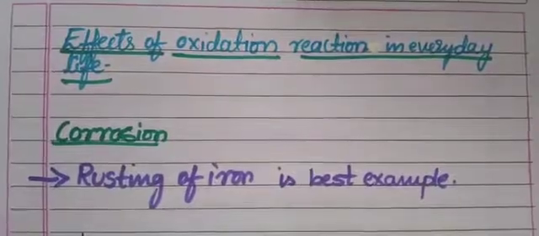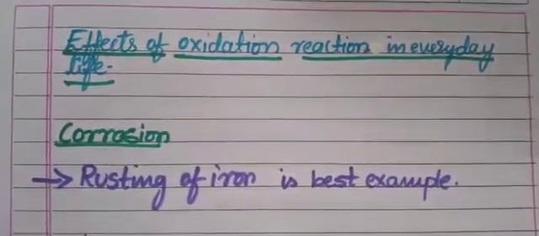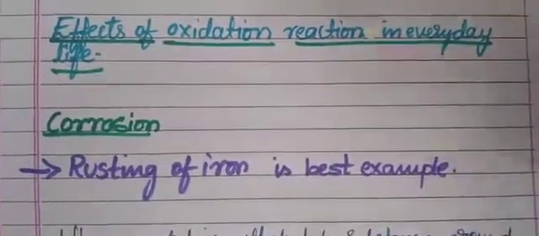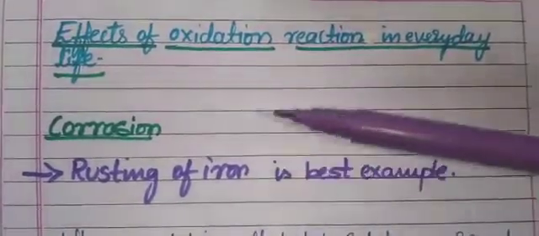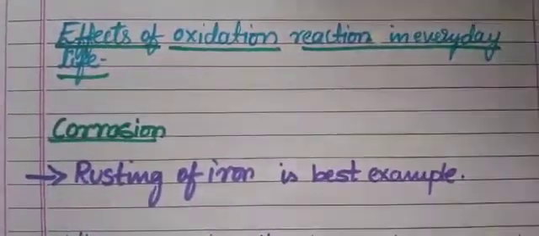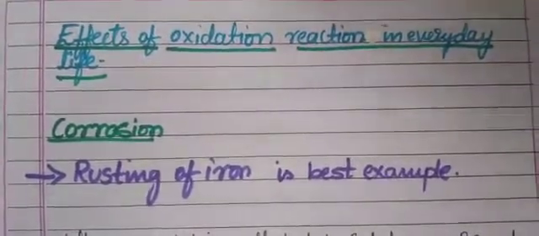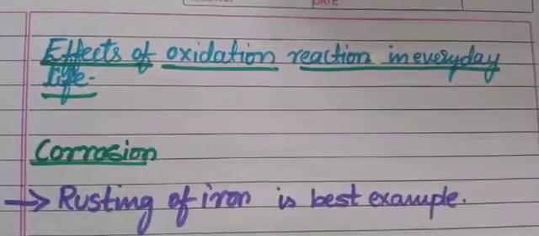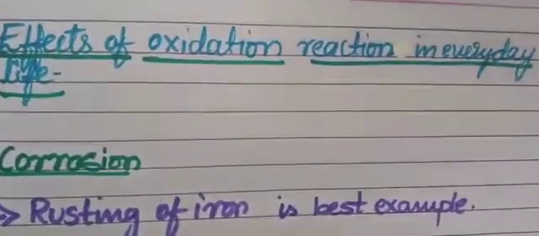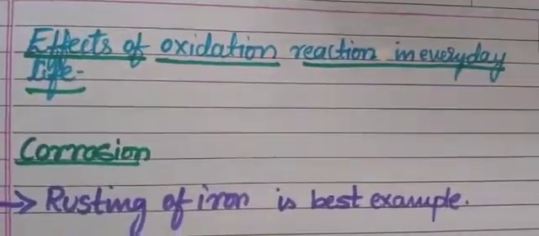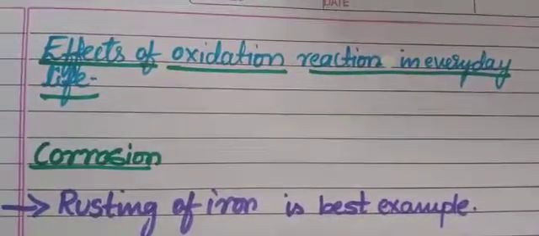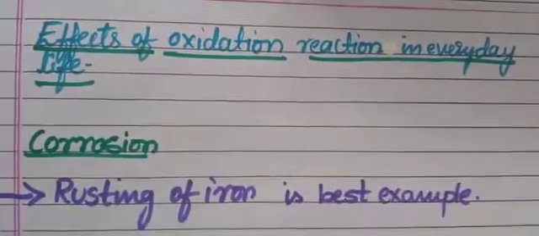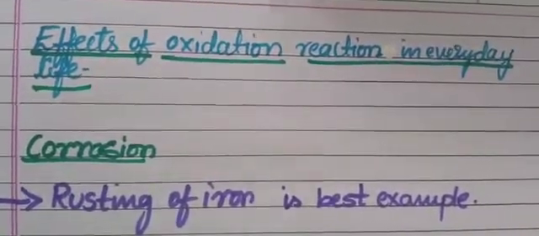So what are the different kinds of oxidation reactions that we see in everyday life? The best example is rusting of iron. That is nothing but corrosion of metals. That is also the best example of an oxidation reaction. And students, you might have experienced that fat or oil containing food materials left for a longer time smell very bad, right? That is also one of the examples of an oxidation reaction.